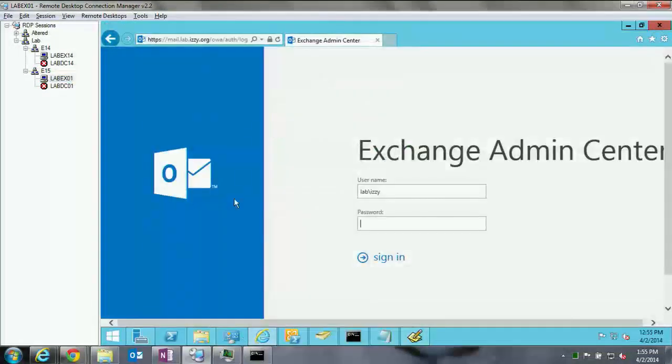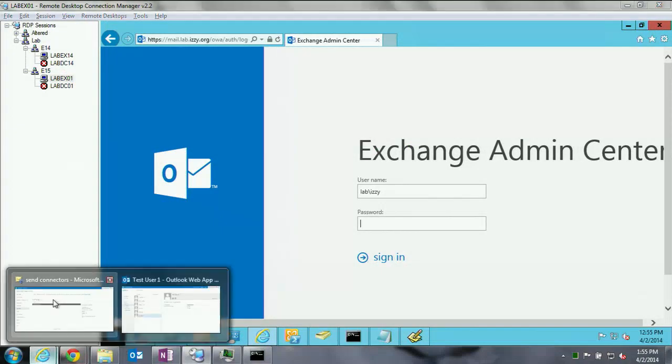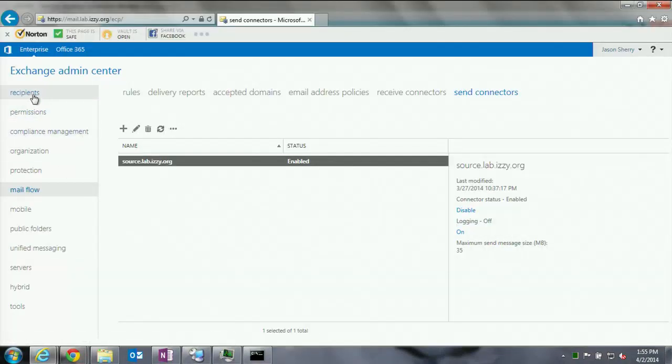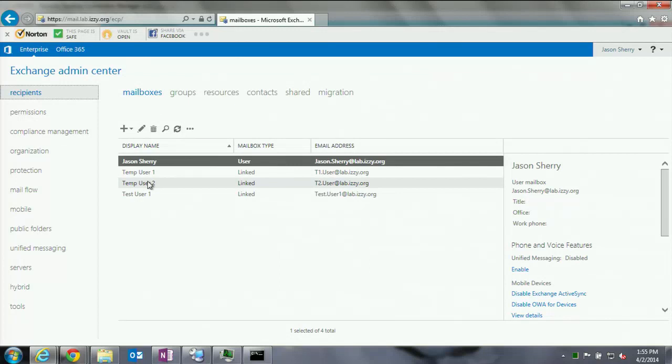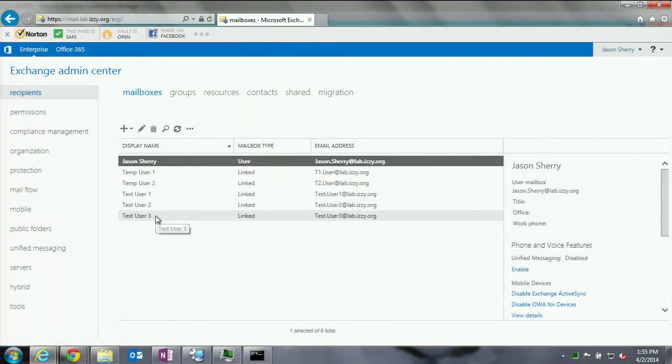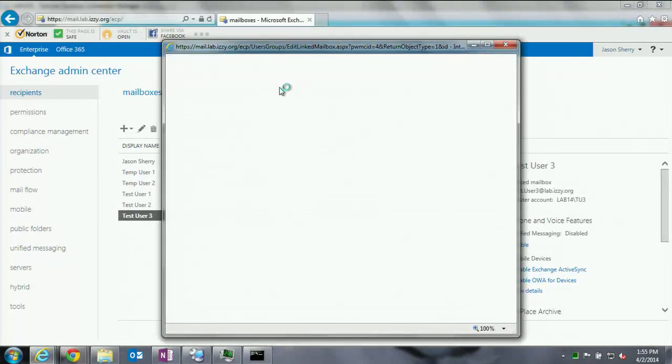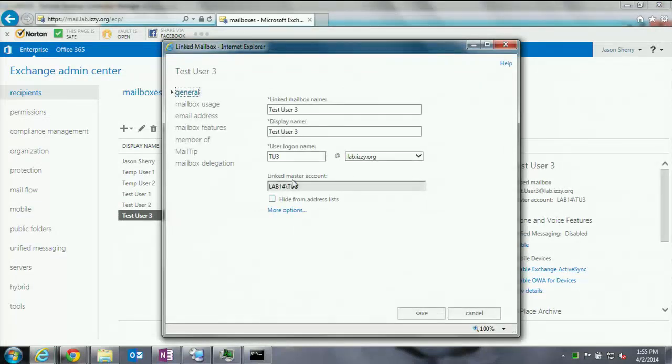And on the same side, if I go to recipients, I meant to open up 4. Let's do a refresh here. So there's test user 3. This is now a mailbox. You notice it is a linked mailbox, and it's linked to the account in Lab 14, which is my 2010 environment. So if I go back over here,